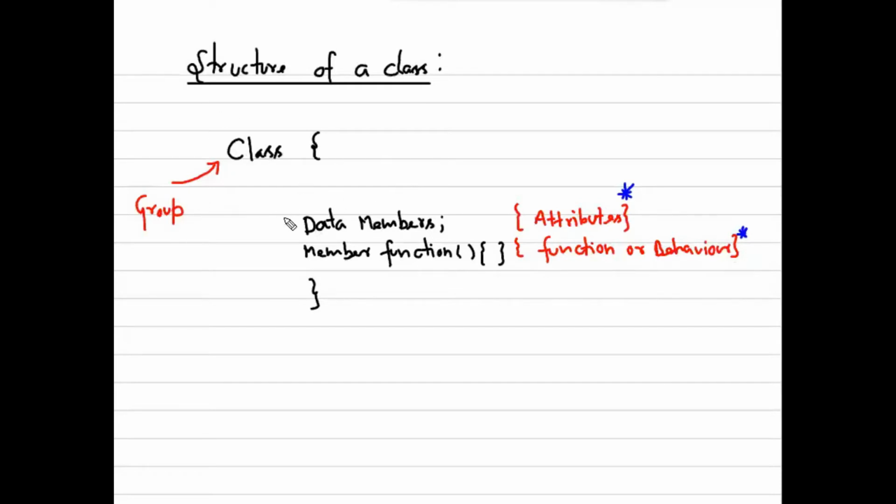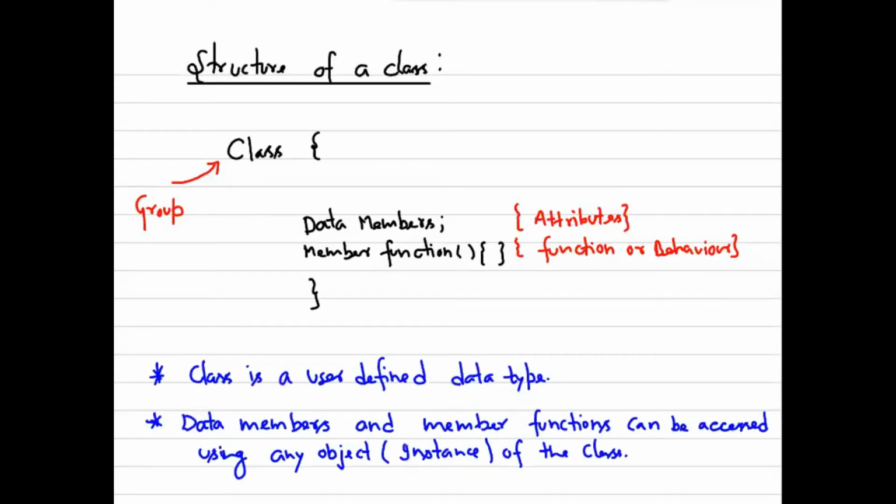Okay, so what would be the definition of the class in that case? Class is a user defined data type. If you remember, in the starting of this unit, the very first unit, we have discussed the different types of data type: the primary data type, user defined data type, and derived data type. In user defined data type, class and objects are mentioned in that diagram, if you remember. The second point is the data member and the member functions can be accessed using any object or the